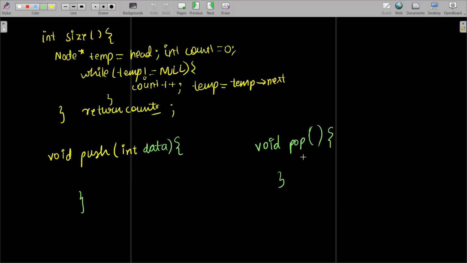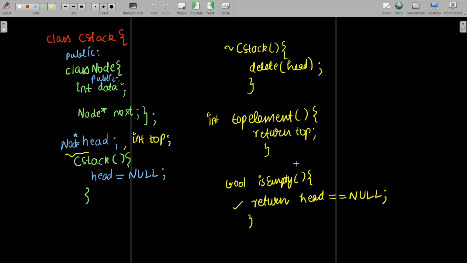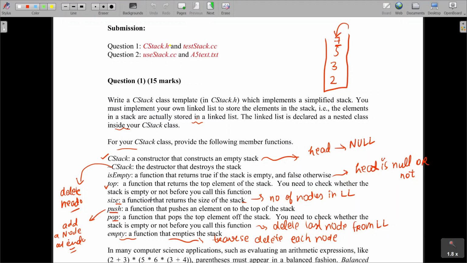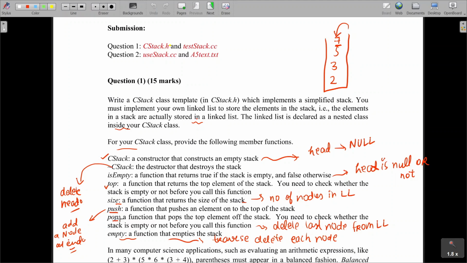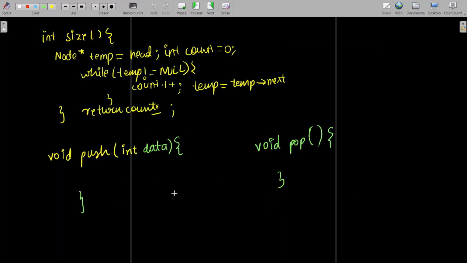And obviously, as we already discussed, we need to check before deleting an element whether our stack is empty or not. We have already defined that function, so we will use it here in pop, checking whether the stack is empty before deleting. This is a new thing. So basically, what we will do,